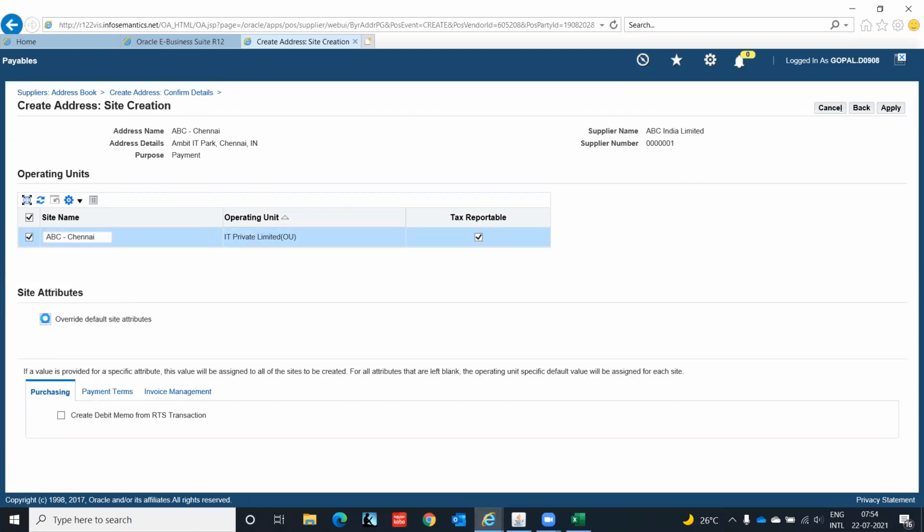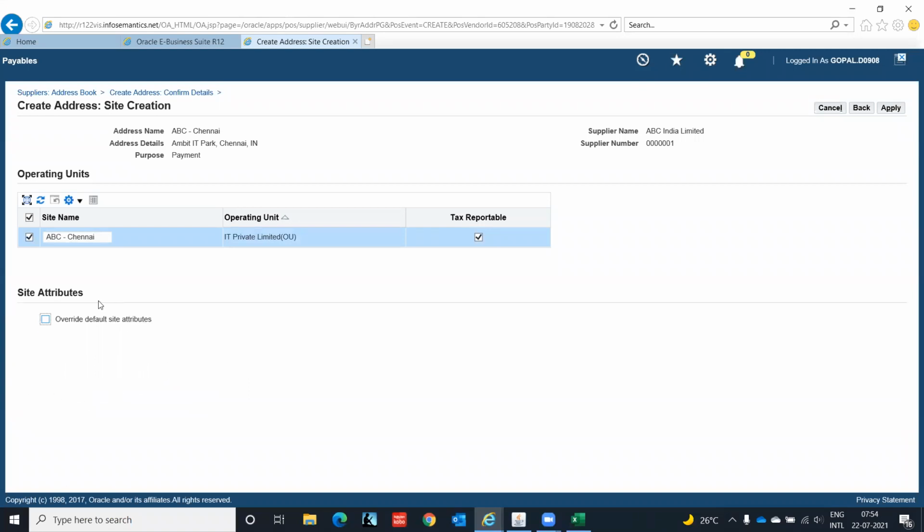Right now I'm not doing it. It will allow you to change some of the defaults that get created. Right now I am not doing this. I am just creating supplier, tax reportable, click on apply. So now you will see the changes, what is happening.